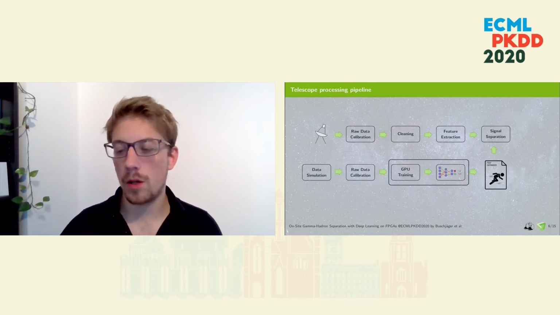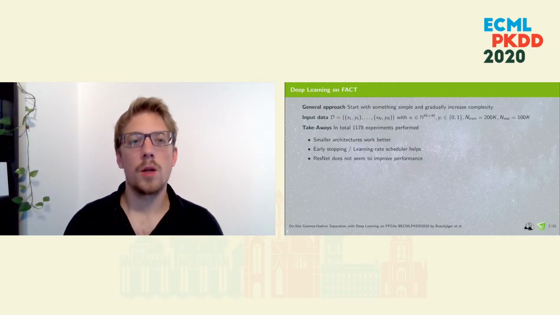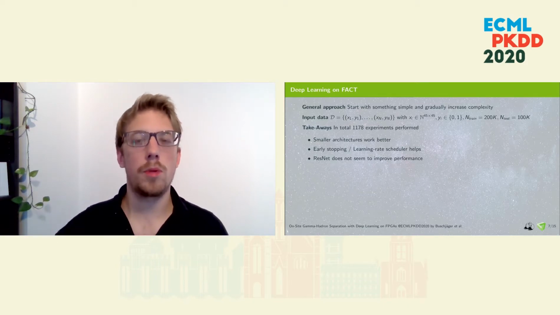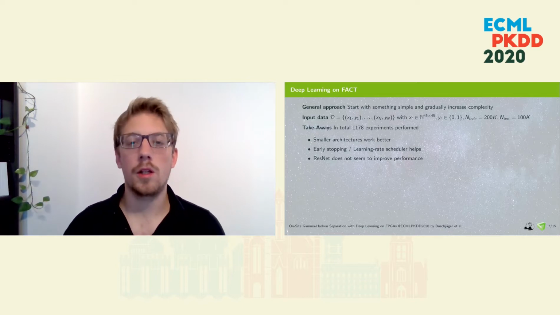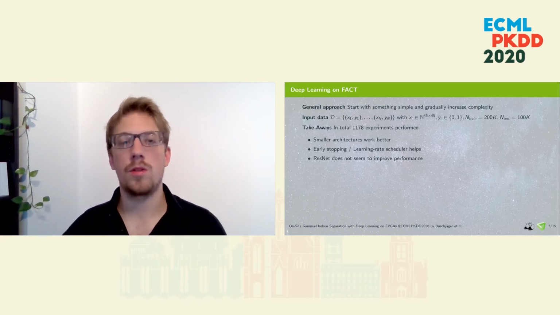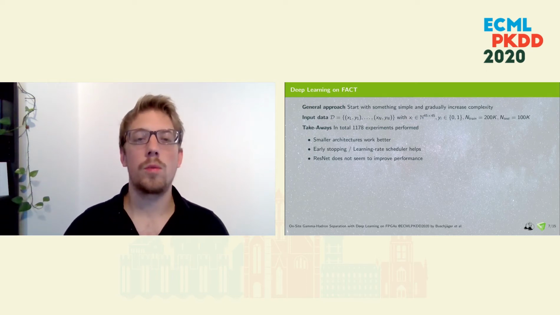Now let's look at the machine learning part. The general approach for us was to start simple and gradually increase the complexity. And just to make it clear, our training data were these 45 times 45 images with integer values in each pixel, and the labels were either 0 or 1, so background noise, something interesting. In total, we performed